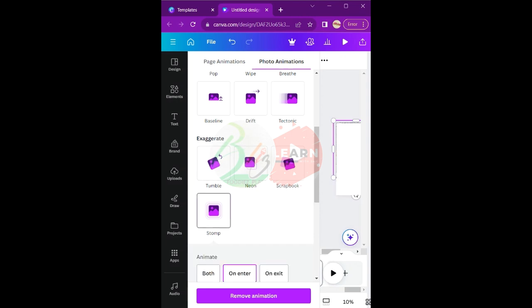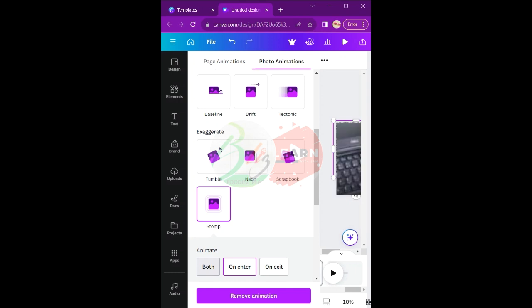So I'm going to use thumb. You can see animate both, on enter and on exit. So this both covers on enter and on exit. When it starts playing, this is how it's going to appear. When it's going out, it's going to disappear. So you can click both and you come back to